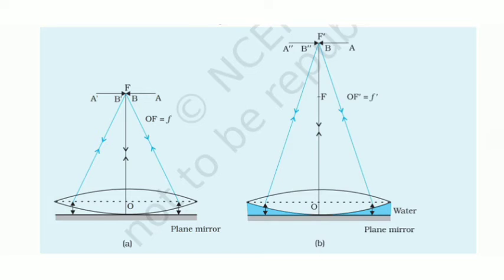Here R is the radius of curvature of the liquid lens, which will be equal to the radius of curvature of the convex lens, and f2 is the focal length of the liquid lens. In order to find the focal length of the liquid lens, it is enough to find the focal length of the convex lens and also the combination. From that we can calculate the focal length of the liquid lens. This is the observation column for the experiment.